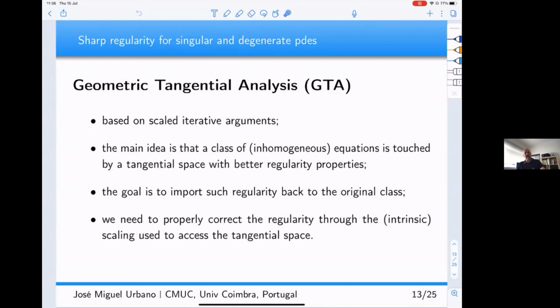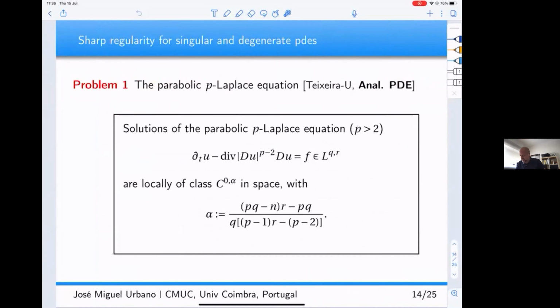And the main idea is that when you treat homogeneous equations, the space of solutions is somehow tangent to a space of solutions of the homogeneous problem, which have better regularity properties. And you want to import this better regularity, and you have to correct it through the scaling to get sharp regularity results. And we've done this with